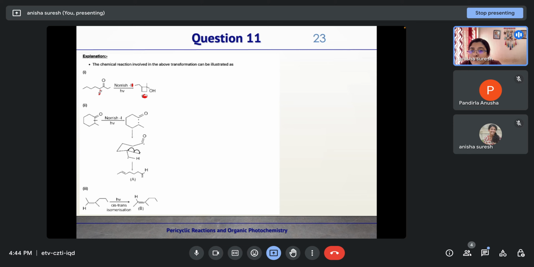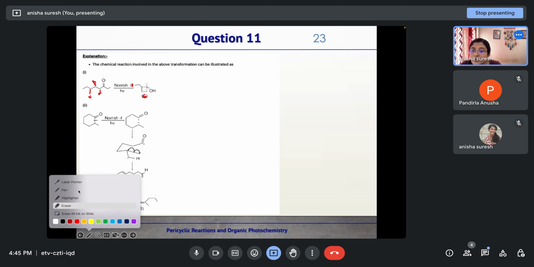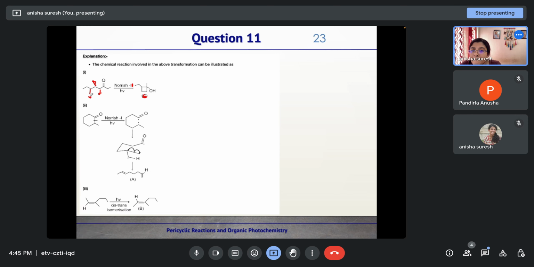So alpha, beta, gamma, this is gamma. The gamma hydrogen will be abstracted by this ketone diradical that will be formed,